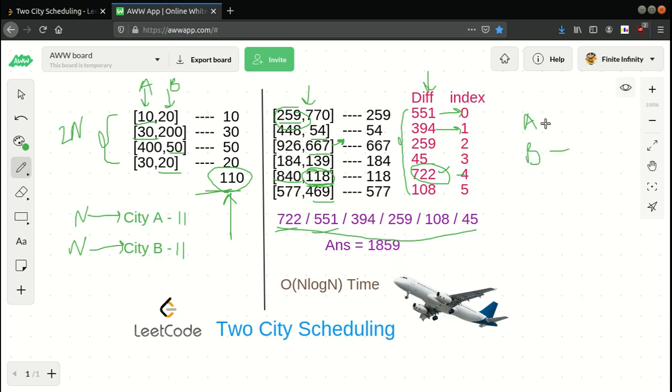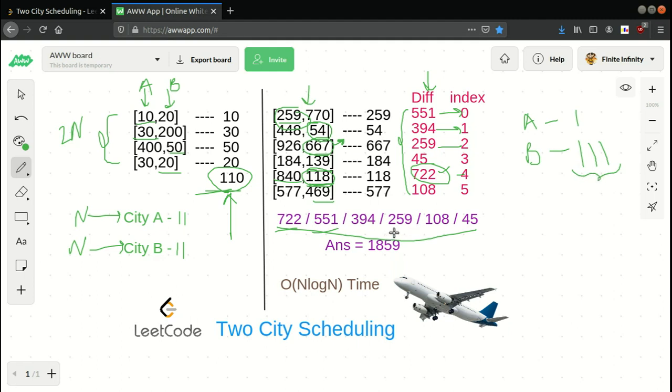So for A and B we have 1 person each. Then 394 belongs to index 1, so I will send this person to city B and increment the count. Now 259 belongs to index 2, the person will go to city B, and the count will be 3. So we don't require more people in city B because half the number of people are already there.